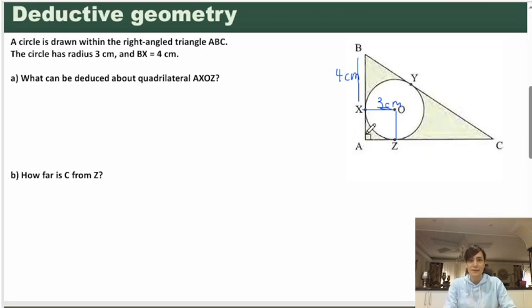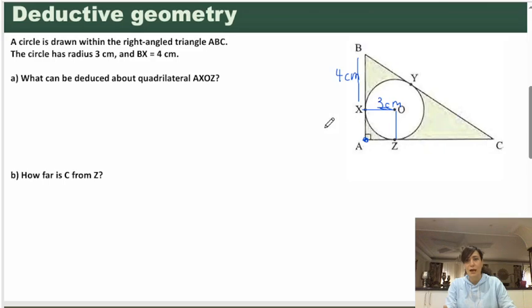The first one says the tangents from an external point are equal in length. That means the tangents AX and AZ are equal in length. They are from the external point